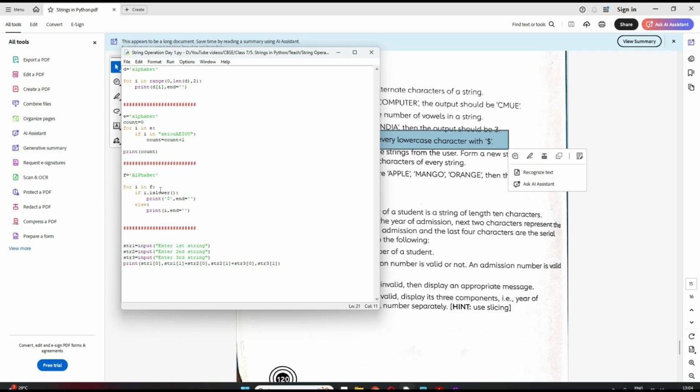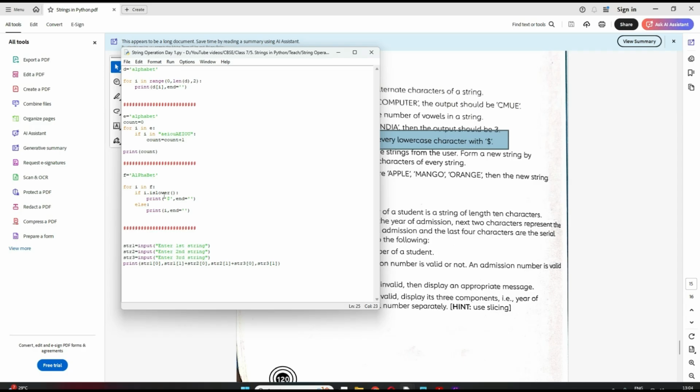So I am doing for I in F. Now first it will be capital A, so I am checking if this is lower. If it is lower, then you print dollar, because it's saying replace every lowercase with a dollar, right? If it is not lower, then I will simply print I, the same character. Clear? So that is what I am doing.